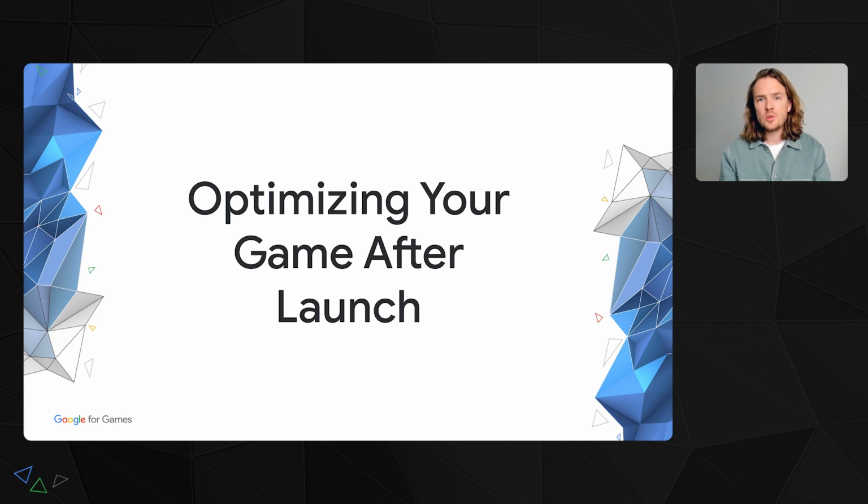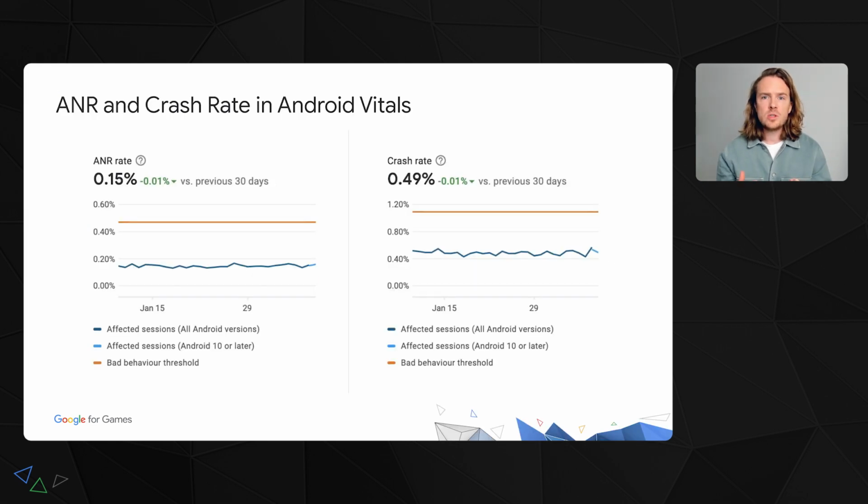Now let's tackle the other 2 I mentioned earlier. Where are players having issues, and how can we improve our game's reach? Both are really common questions for games that have already launched and are looking to improve upon their success. Since the Play Store uses crashes and ANRs to influence your game's discoverability, it's very important to address these issues